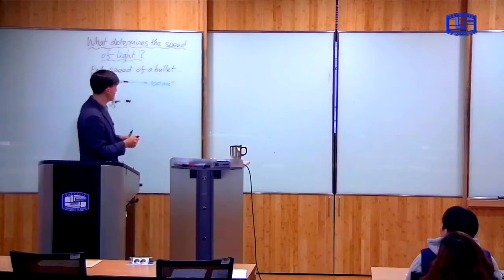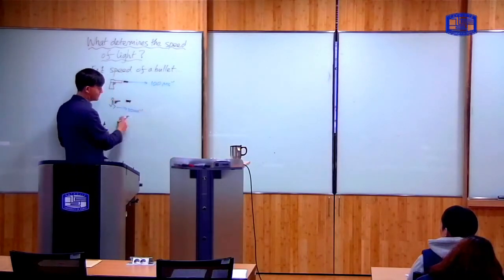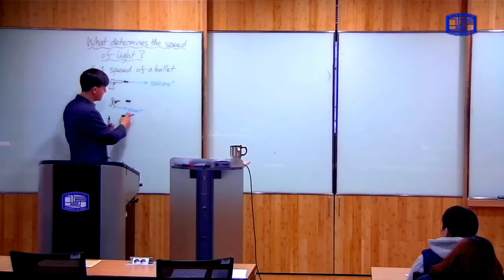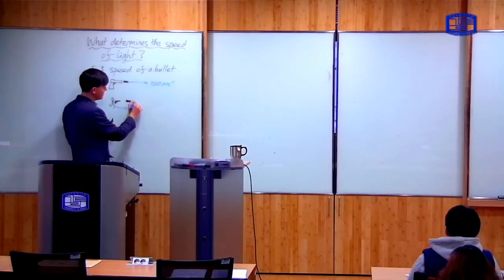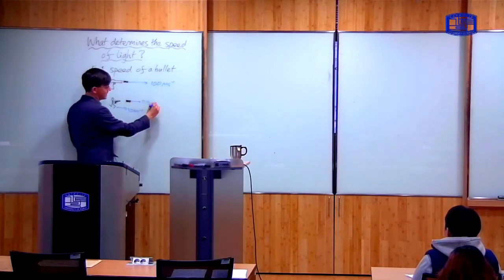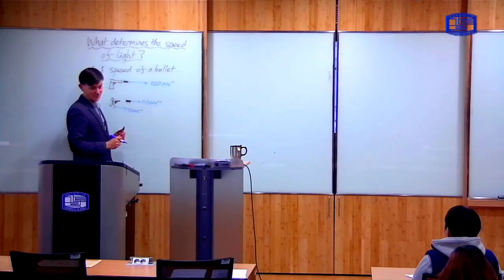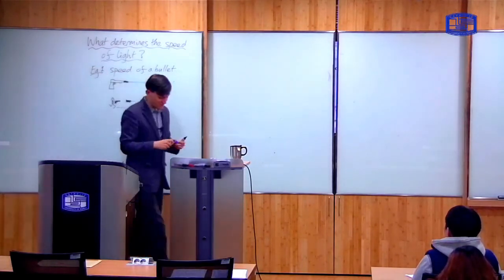Let's suppose in this experiment I'm running at 10 meters per second, which is pretty fast. It's about as fast as Olympic sprinters run. So if I'm running at 10 meters per second and I fire the bullet, it will have a speed of 110 meters per second relative to a stationary observer. So what this shows is that